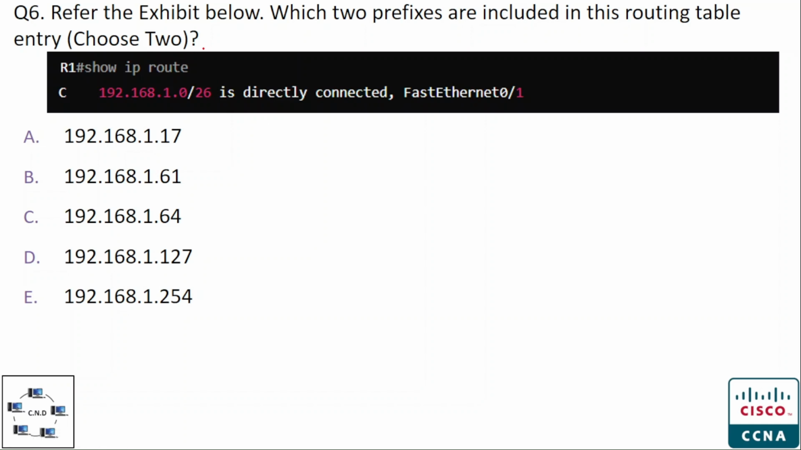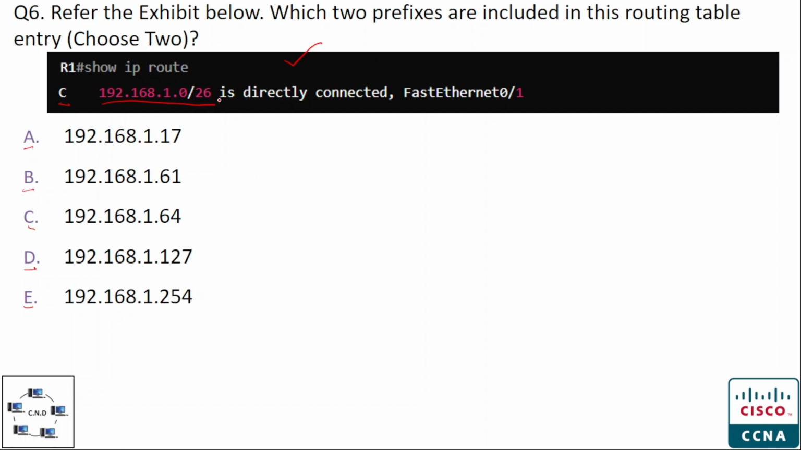Question number 6, refer to the exhibit below, and this is the exhibit. Which two prefixes are included in this routing table entry? Choose two. So we have this routing table entry, this route, it is C, which is basically directly connected on FastEthernet 0/1. So which two IP addresses are included in this entry? The options are option A, 192.168.1.70, option B, 192.168.1.61, option C, 192.168.1.64, option D, 192.168.1.127, and option E,